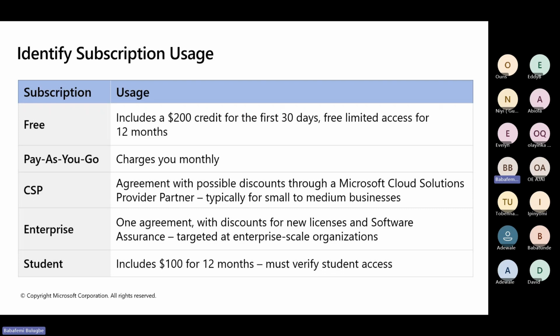After that 30 days, whatever you have created within that subscription, all your resources, you will not be able to manage that subscription anymore, except if, and that's one of the reasons why you are being asked to add your card for verification,